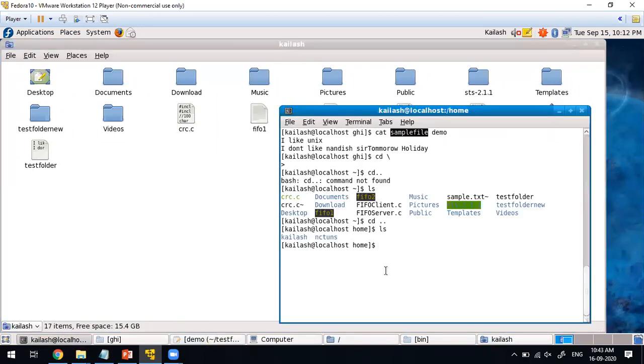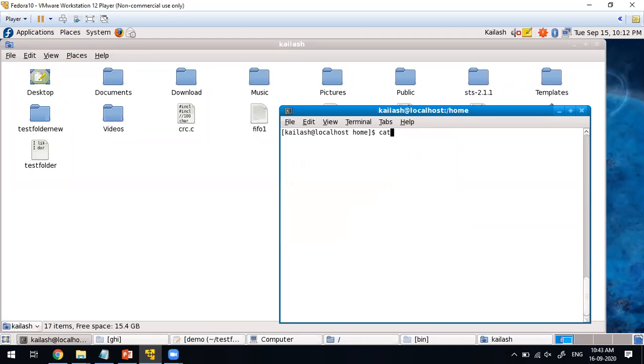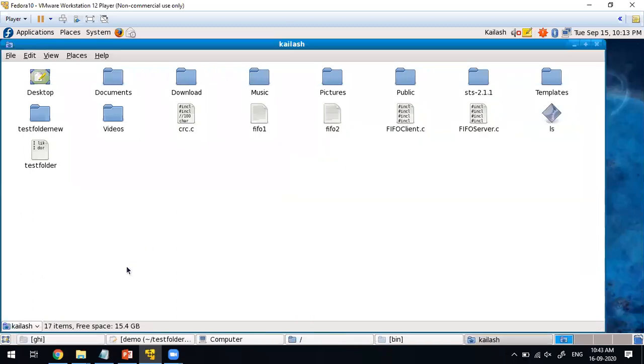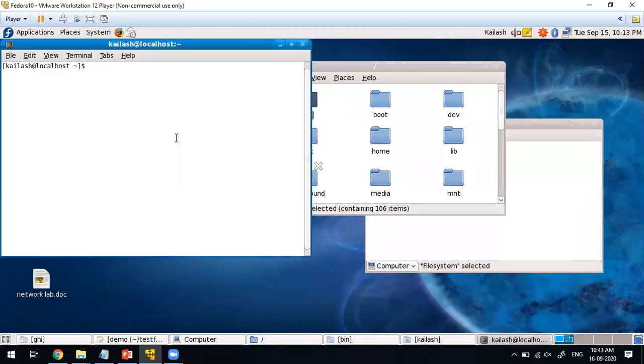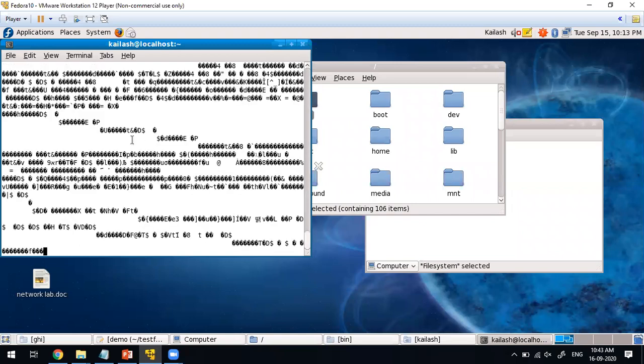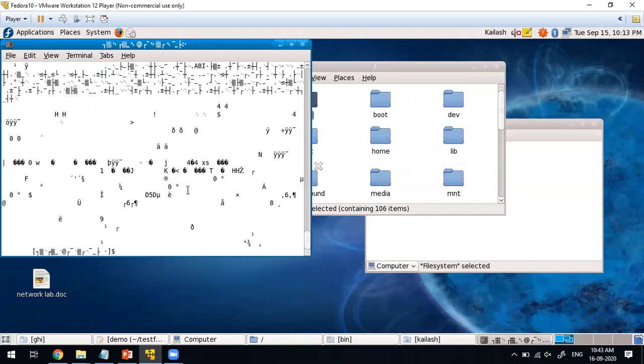Now if you open that file, cat ls, because in that location that file is not there. Cat ls, see, you are not able to see anything, these are all non-printable characters.